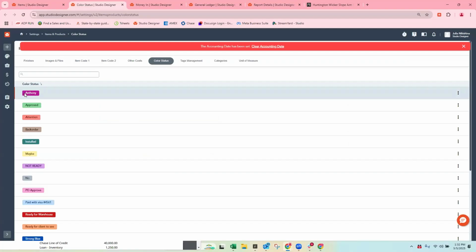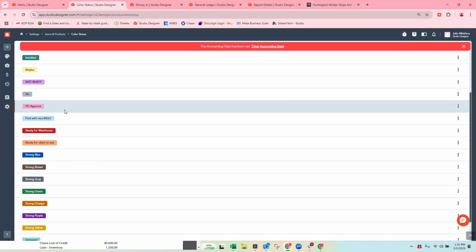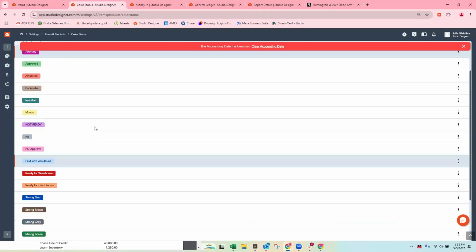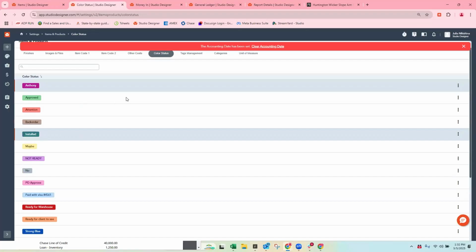So Anthony has a really great color. It is burgundy. And you could name your colors here. I always wanted my own color, by the way, so I don't know who did that, but thank you. Oh, you didn't do that? No, I did not. Okay, there was one in here with my name on it and I took it away. I'm like, we don't need my name on any of it.